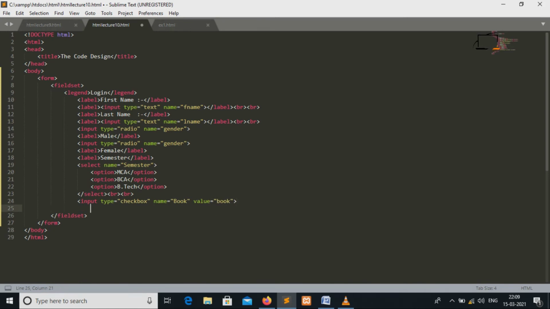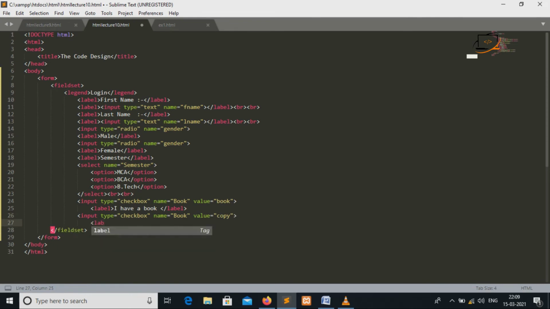Now in label 1, here in label I have books, then again we use input tag, checkbox, name should be book, and value should be copy.